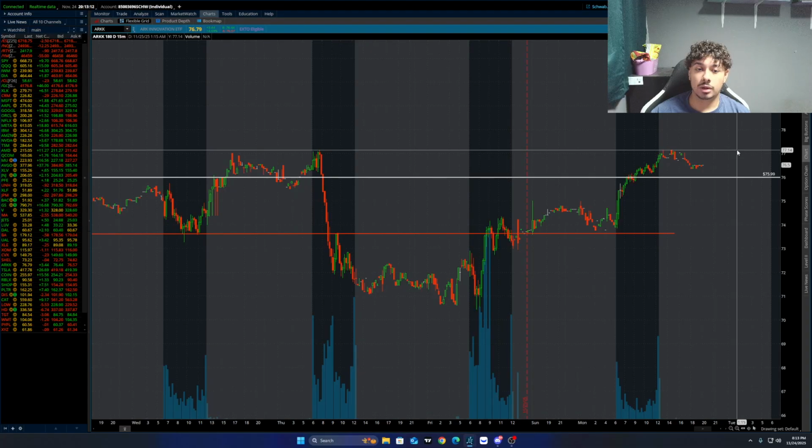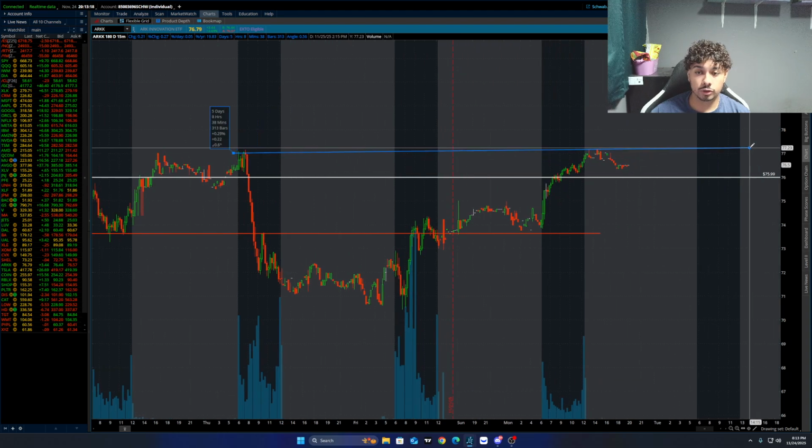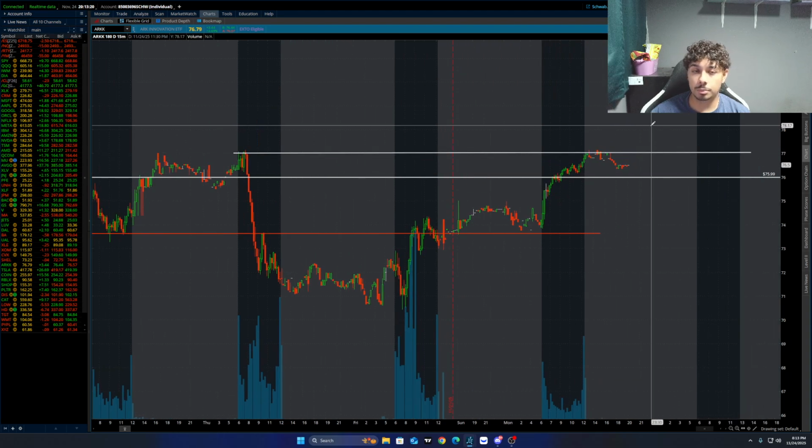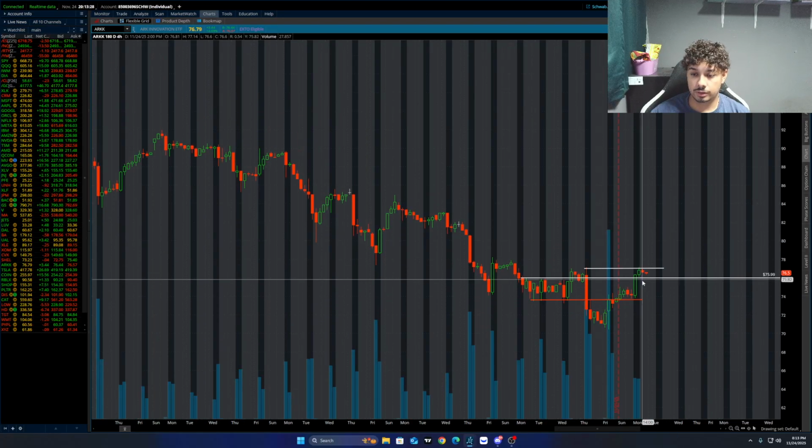However, if we can't break above this level here, I would say we're still in for shorts. But it most likely will break that. Let's just take a look at the 4 hour. So yeah, it did a massive red candle. I mean a green candle, sorry. And yeah,